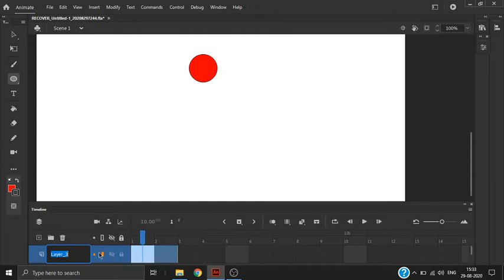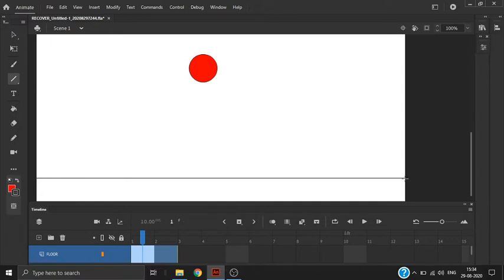Let's say I rename it floor, and this one ball. Excellent. In the floor layer, I draw one floor, let's say here, on which the ball will bounce.